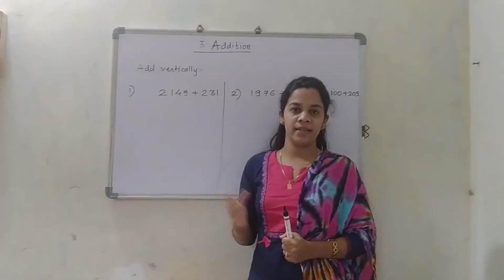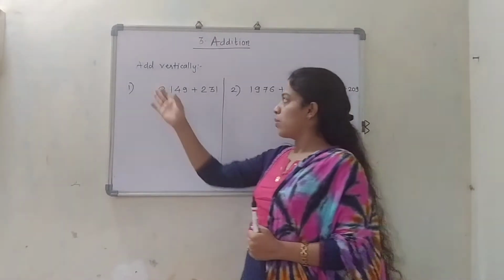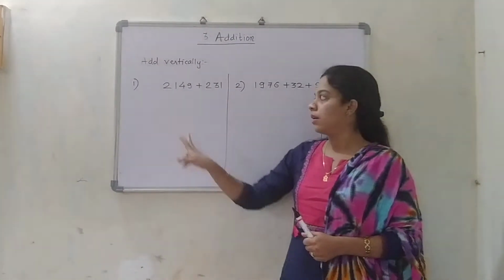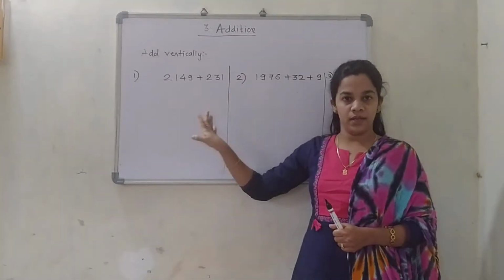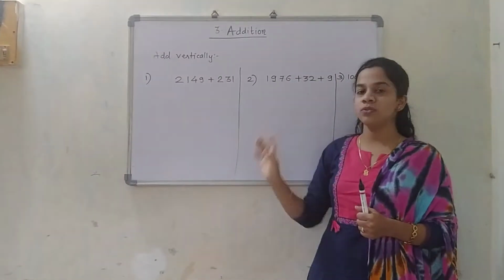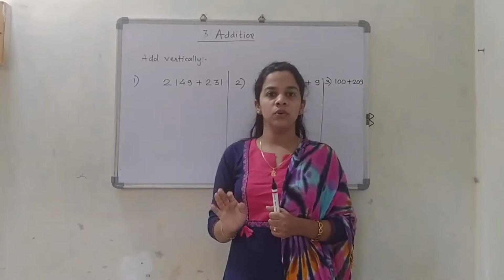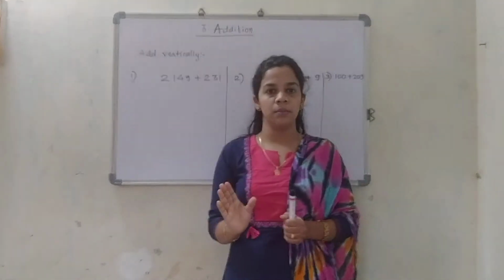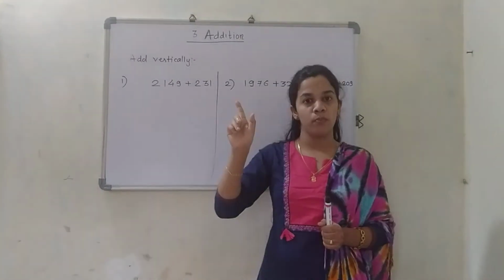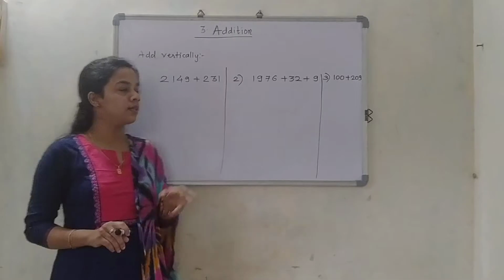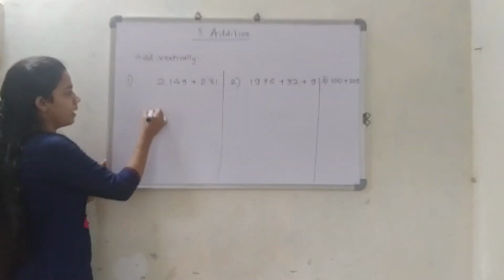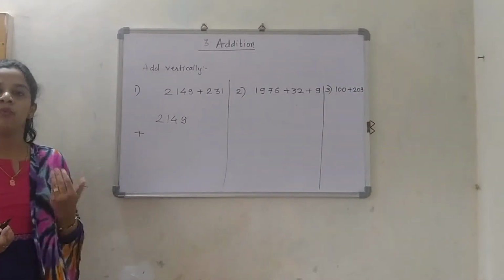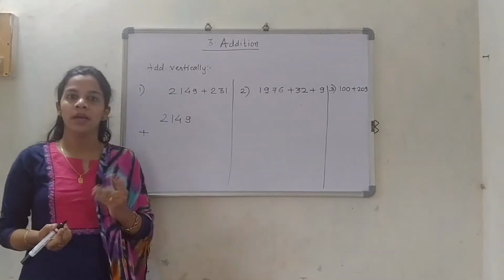Okay, we will solve more examples given on the board. The question asked is, add vertically. So let us see how we are going to write them. 2149, it is a 4-digit number. And the next number is 231. So one is a 4-digit number, another one is a 3-digit number. Always remember one thing, the bigger digit number you are going to write at the topmost place. So I am just going to write 2149 in the first place. Okay? Why am I doing so? It will be easier for you to calculate the numbers afterwards.